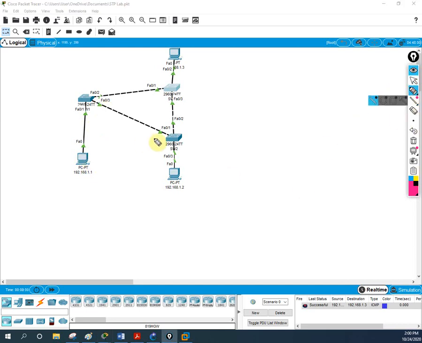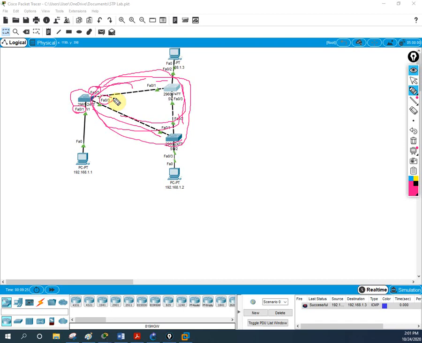What I am saying, it is creating the loop. How it is creating the loop? Because whenever a packet comes, it will forward to all the interfaces. So it will forward here, it will forward here, and again it will go here. This will also forward here, this will come here in this way. Means this interface F0/1 receives one frame, it is forwarded to F0/2, and that frame again comes in on the other interface, that is F0/3.